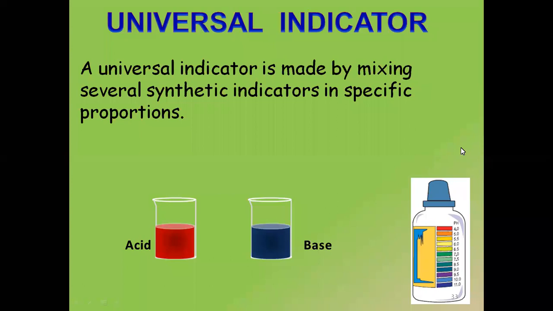But it is not necessary that it will always show us red and blue color. Sometimes it is going to show us yellow, light orange, purple, dark blue, light blue. So whatever color we get, I am going to correspond to the color change chart which is given to us. When I correspond it to that, whatever color change I get, that is the pH of my solution. So what is universal indicator?